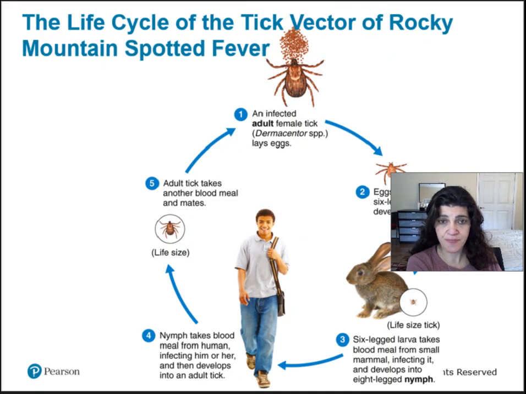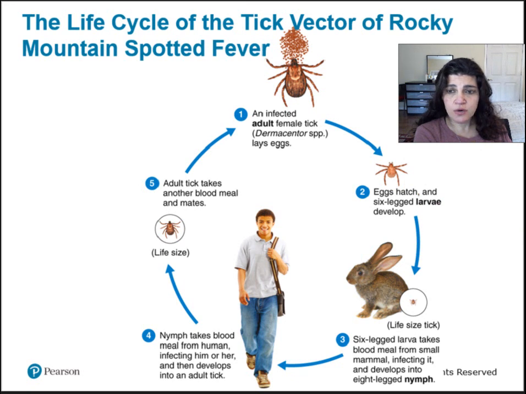The cycle is very similar to the one I showed you for Francisella tularensis, where the tick bites, the tick lays eggs, they hatch, develop, the larva bites small mammals. The small mammals can transmit the tick to us, and then after they bite us, they can develop into the adult tick, and the adult tick, after it bites us, can also, you know, if you're infected